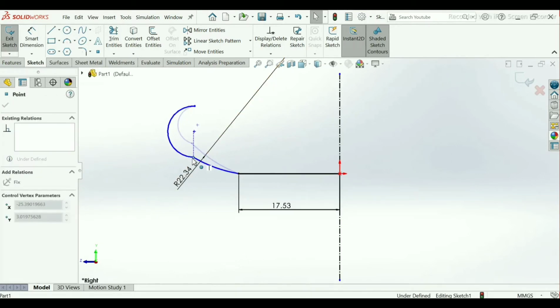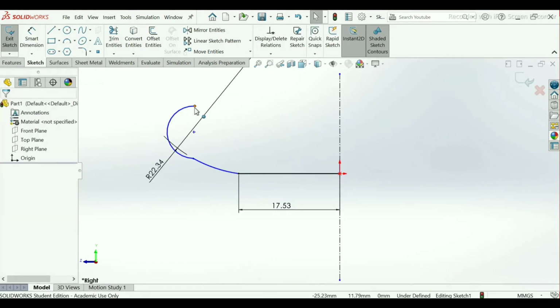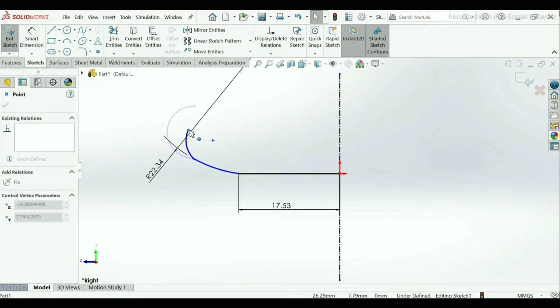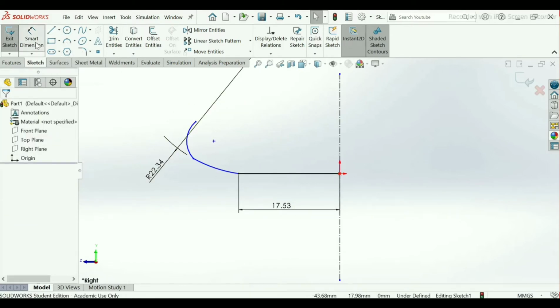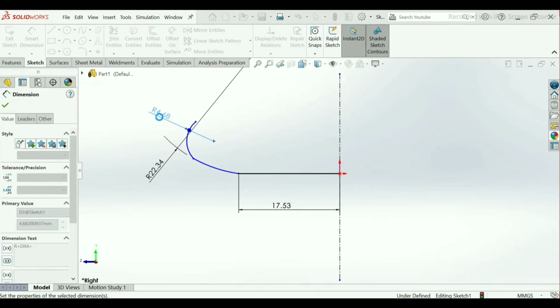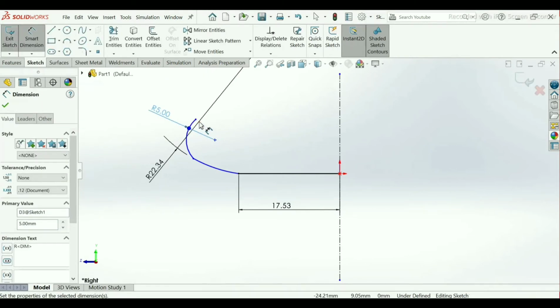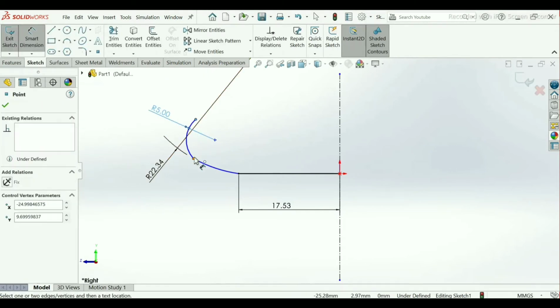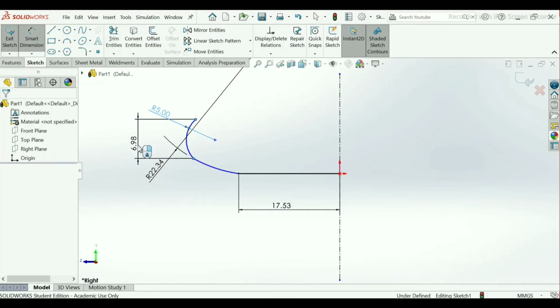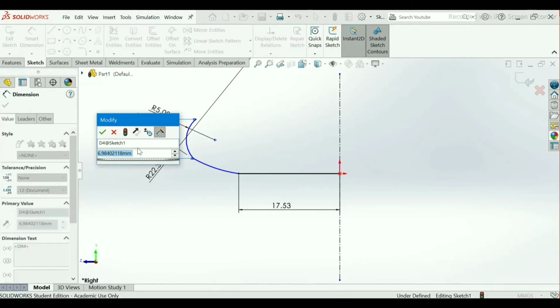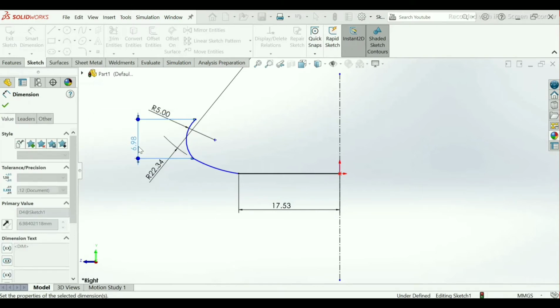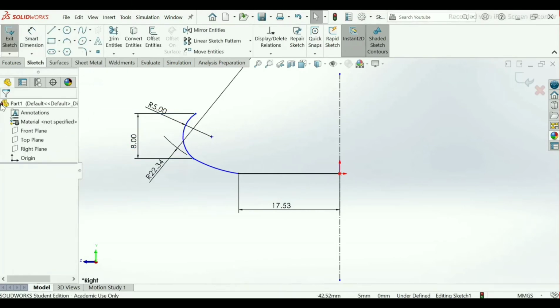Adjust these arcs in proper way. Give smart dimension. Take this radius as 5 mm. Select this point and this point. Take 8 mm. Click OK.